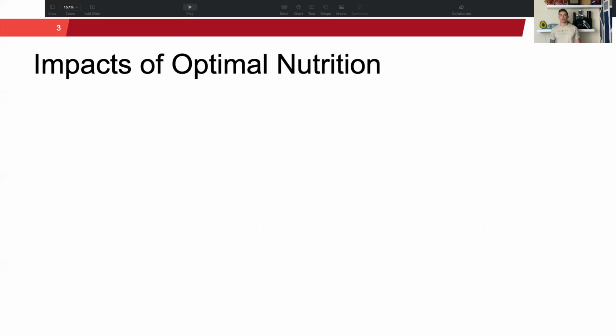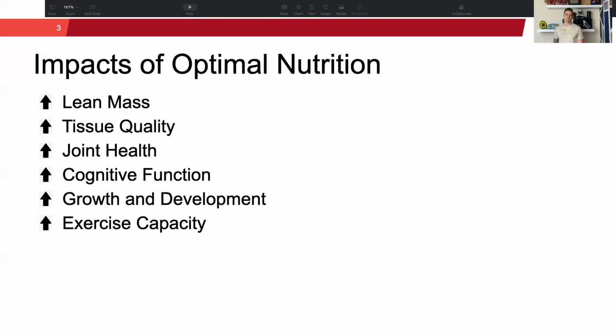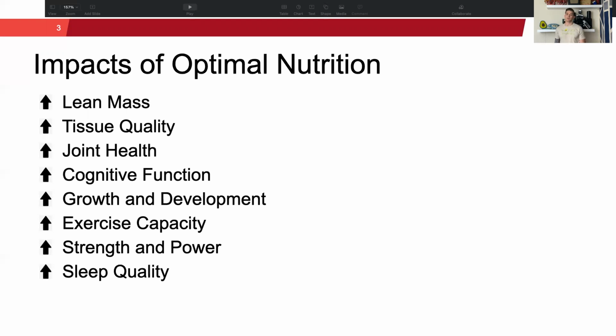So, impacts of optimal nutrition. I'm telling you to start an optimal nutritional lifestyle, and why should you? What are the impacts that it has? It increases your lean mass, so your lean muscle mass will increase. It increases the tissue quality of your body, increases joint health, increases cognitive function, so your ability to think, your brain power, growth and development, your exercise capacity, strength and power, and sleep quality will all improve if you follow an optimal nutrition lifestyle. It will also